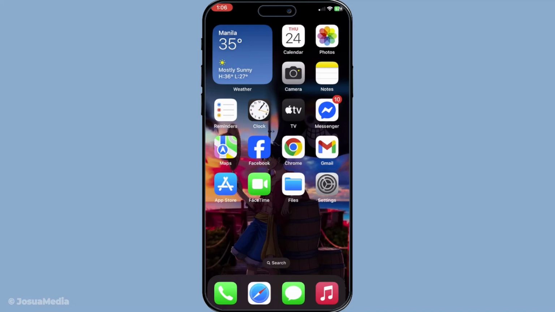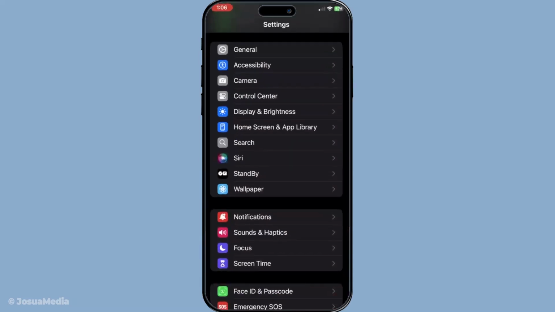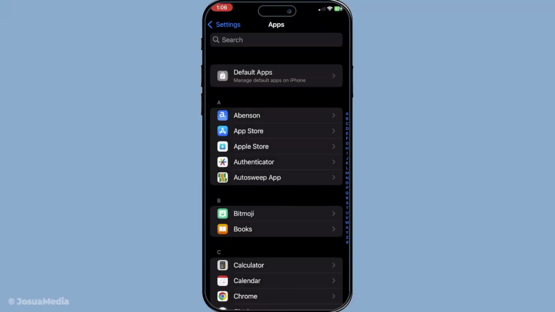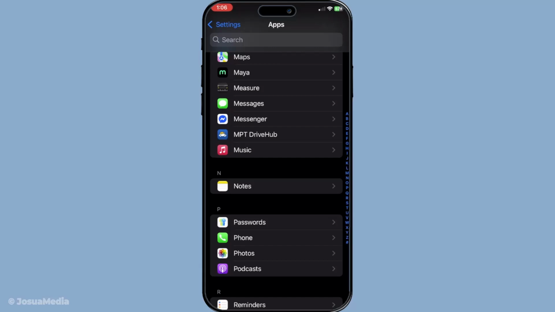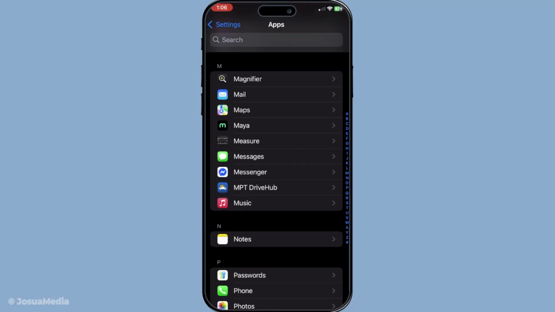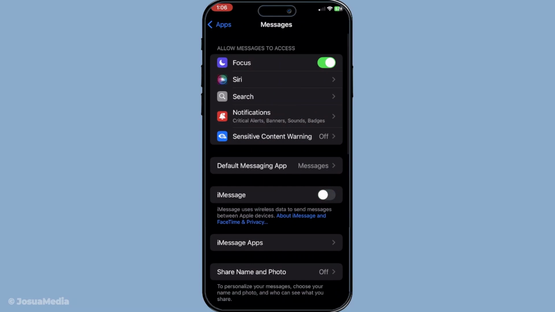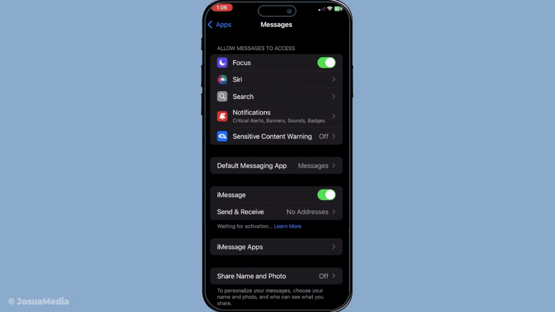First, let's make sure that iMessage is enabled on your device. It's quick and important to check this setting to ensure everything works smoothly. Head over to the settings on your iPhone, select apps, and then choose messages. Here, you'll want to make sure that iMessage is toggled on, which will be indicated by the button being green. This step is crucial because iMessage uses the internet to send messages, allowing you to communicate without the additional charges